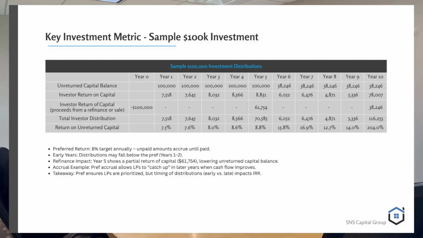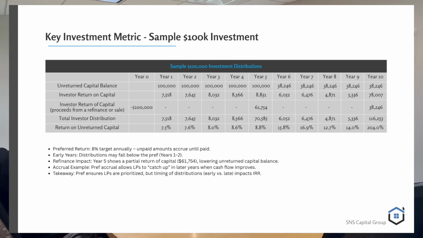So it's after the split. Yeah. And so our split is 70-30, which means that the limited partners get 70% of the equity. The general partner gets 30% of the equity. But one thing we do to align interests and create a performance hurdle is we put what's called a